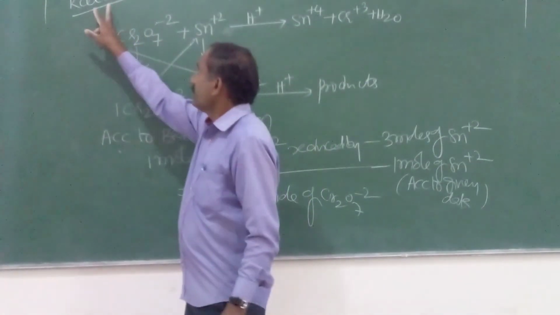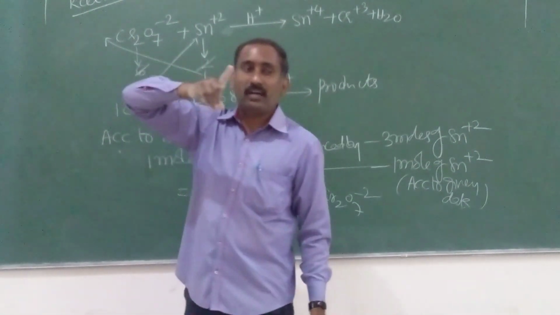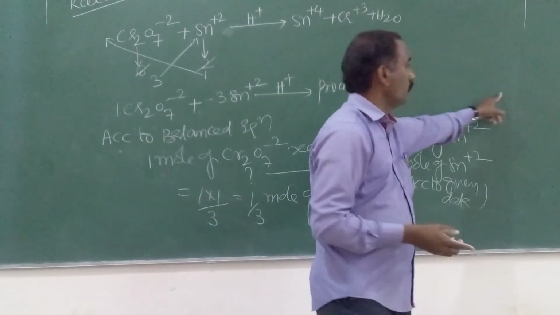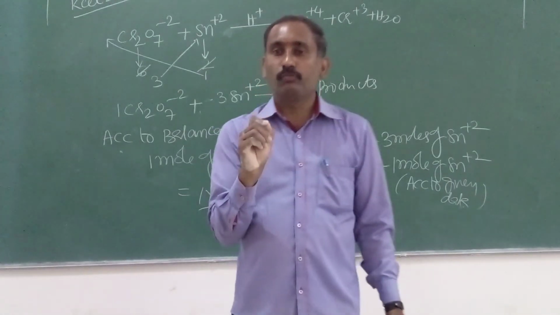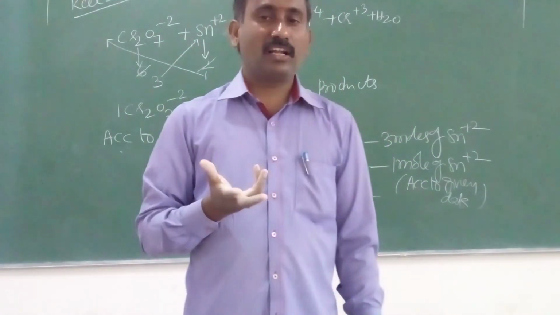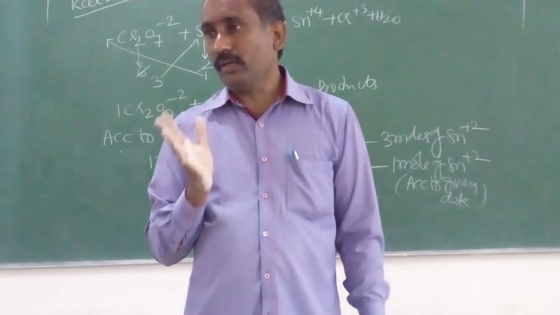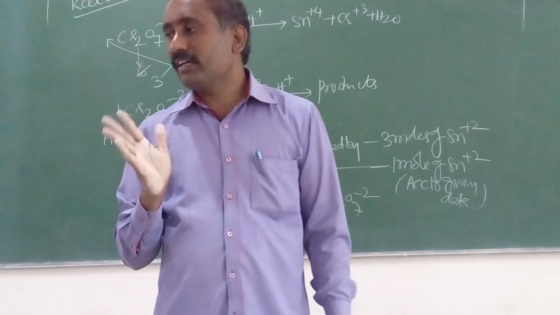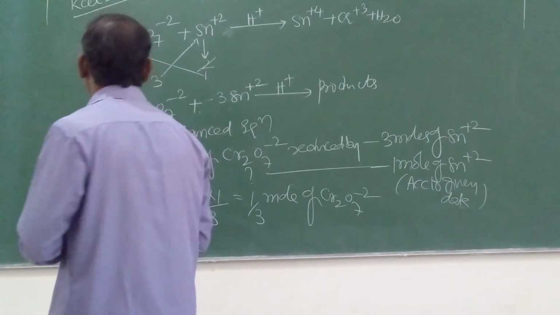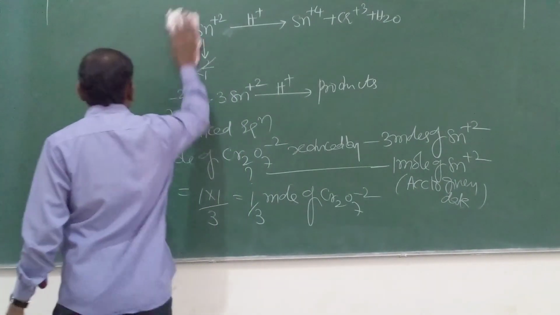What they ask is: acidified potassium dichromate oxidizes iodide ion to iodine. Previously we wrote the number of moles of iodine I2 liberated is dash. How many? 3. We are not able to identify it directly, so we can go through the n factor. Understood or not? Very important. This year also they asked, just 5 months back. So this is about oxidizing properties.